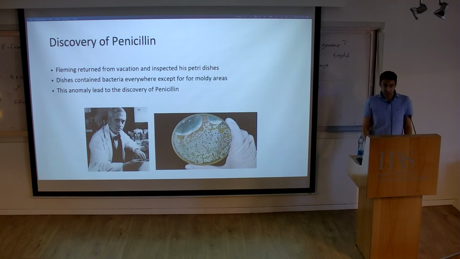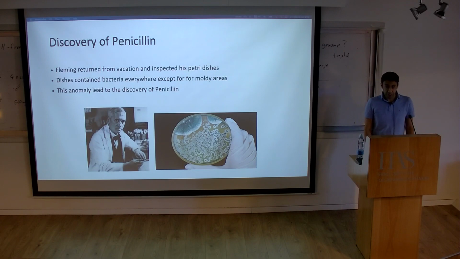So at least in the anecdotal story, Fleming came back from vacation, and he looked at his petri dish collection, and he found some parts in the petri dish which had mold in them, and the parts that had mold did not have bacteria, and this basically triggered some sort of an anomaly warning. And he looked at it more carefully, and that led to an important discovery,